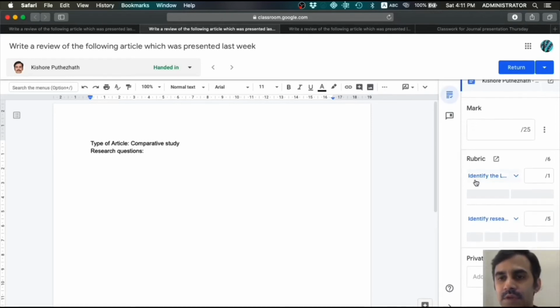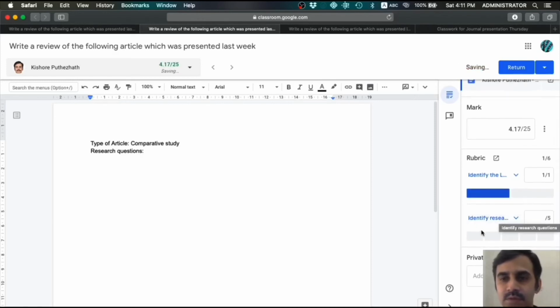We have already created a rubric, so the student has rightly identified the type of article, and he has not identified the research question. So he will be getting this much marks.